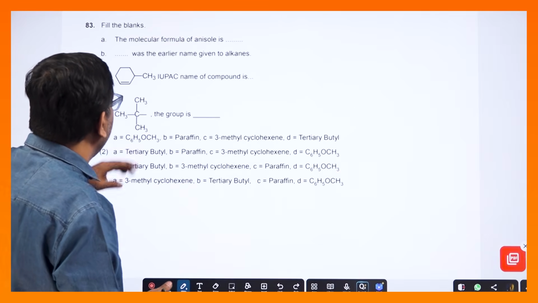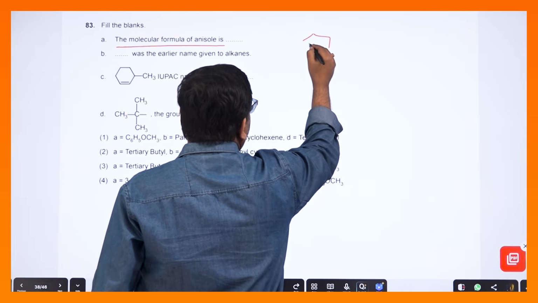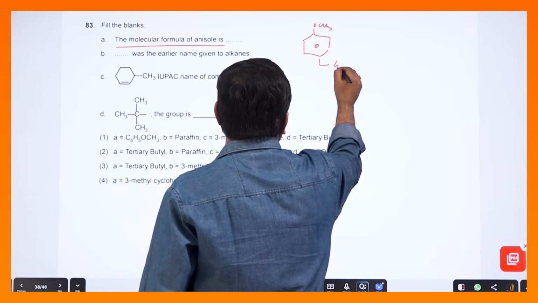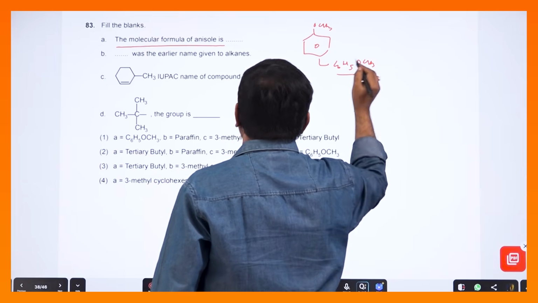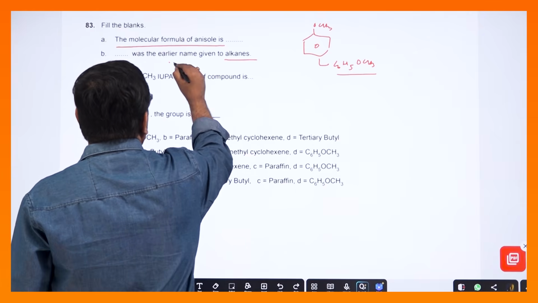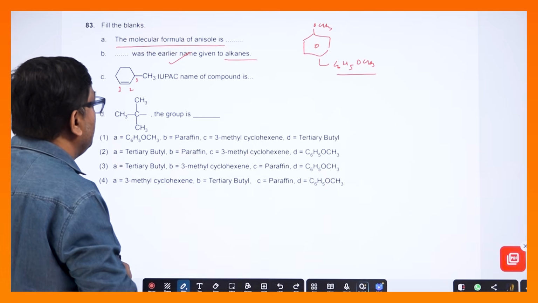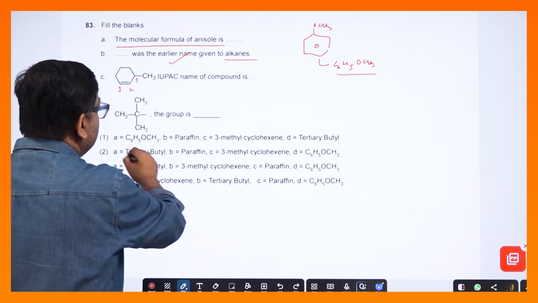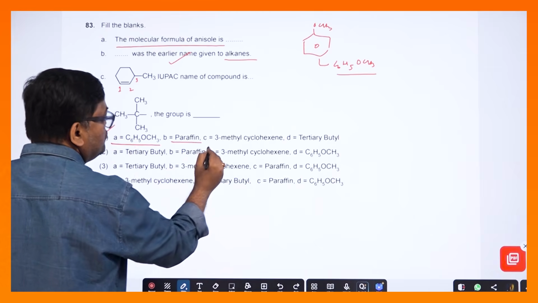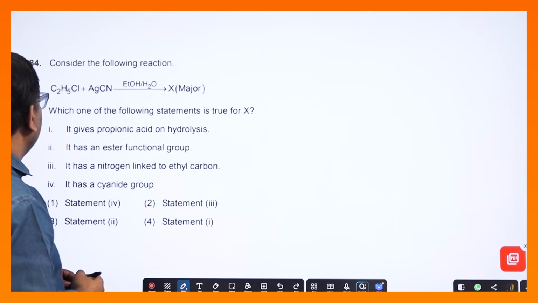নেক্সট কোশ্চেন, কোশ্চেন নাম্বার 38, বলেছে ফিল ইন দ্য গ্যাপস। মলিকুলার ফর্মুলা অফ অ্যানিসোল ইজ, এটা অ্যানিসোলের স্ট্রাকচার, OCH3, তার মলিকুলার ফর্মুলা C6H5OCH3। ড্যাশ ওয়াজ দ্য আর্লিয়ার অ্যালকেন, সেটা হচ্ছে প্যারাফিন। প্যারাফিনকে আমরা অ্যালকেনের আগে বলতাম। এটার নাম করলে 3-মিথাইল সাইক্লোহেক্সিন। এটা হচ্ছে টারশিয়ারি বিউটাইল। তাহলে সব মিলে গেল, প্যারাফিন মিলে গেল, 3-মিথাইল সাইক্লোহেক্সিন মিলে গেল, টারশিয়ারি বিউটাইল মিলে গেল, অ্যান্সার হয়ে গেল 1।